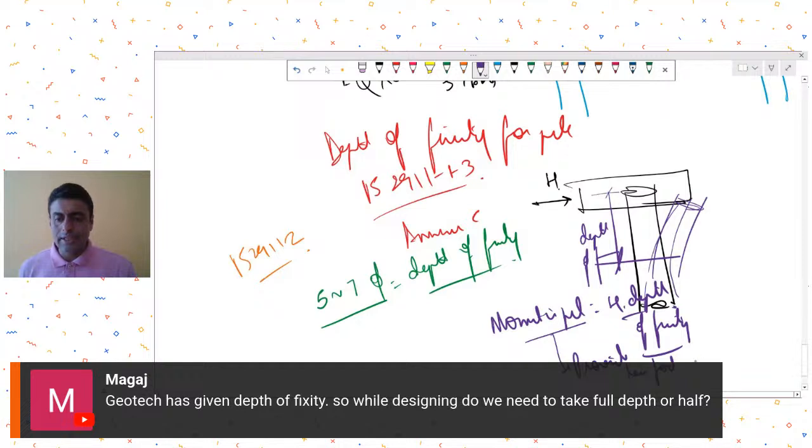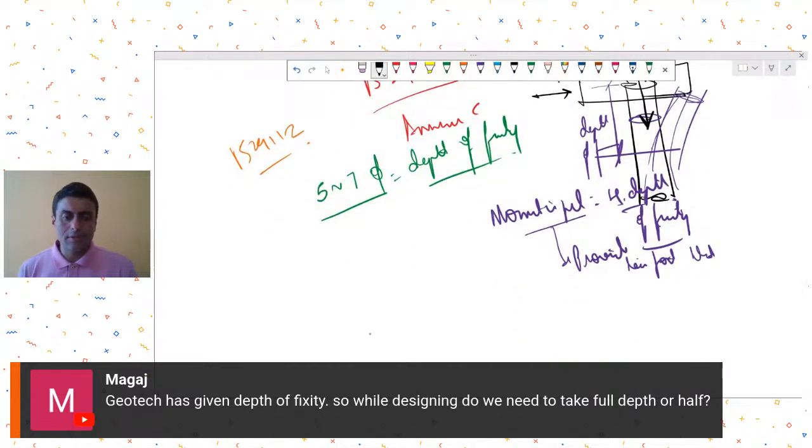So then you need to design it as a column where you have the pile cross section, and moment in that pile cross section is horizontal thrust times depth of fixity. Also you take moment due to minimum eccentricity. So let's say there is some axial load acting, you also calculate moment due to minimum eccentricity. Now in this case, what I do personally is moment due to minimum eccentricity. This is the minimum moment,